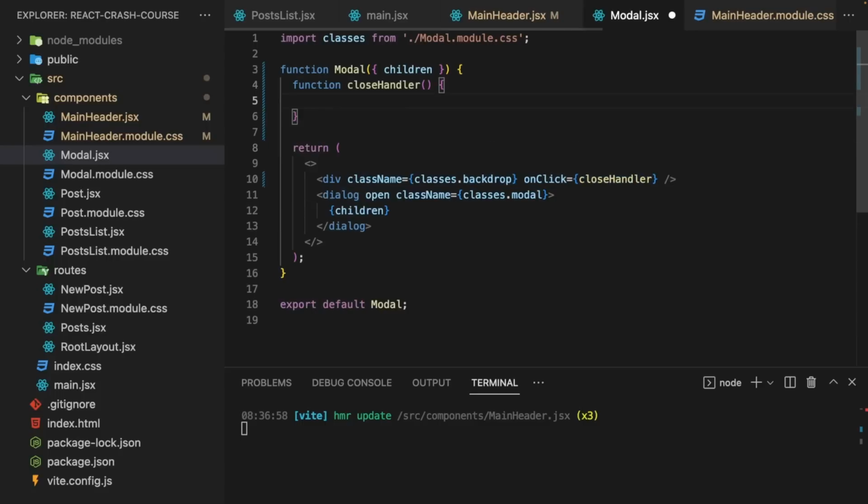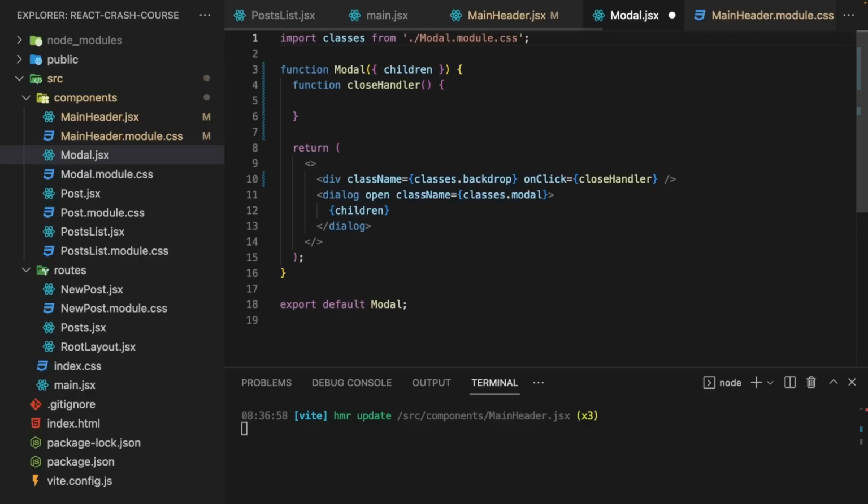And in there, I now also want to navigate, but now we have to navigate programmatically here, because this is now not a link, but instead an action that's executed when we click a div. We could replace the div with a link, but here I'll stick to a div also to show you how programmatic navigation works. Because sometimes you must initiate navigation actions from inside code, and this is how you can do